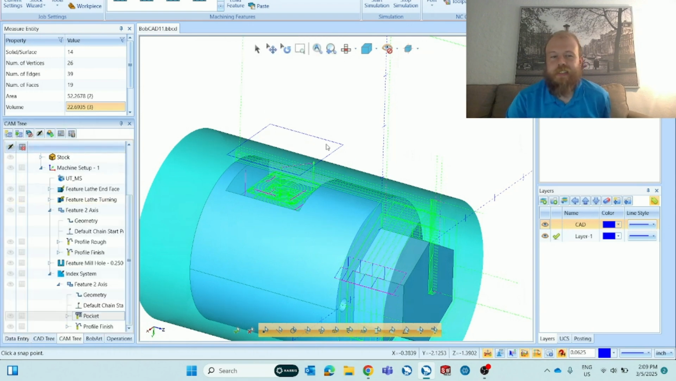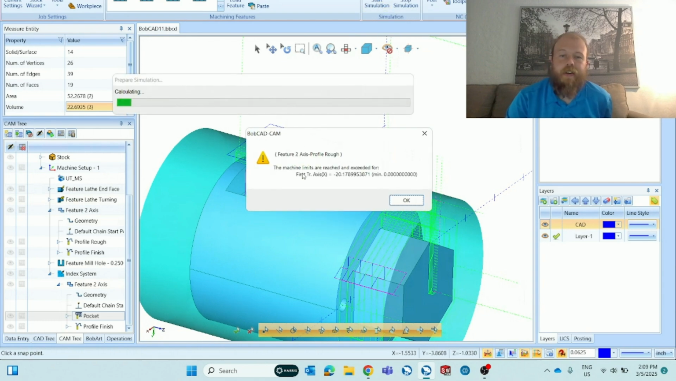And let's try simulation. I don't think the machine is set up for this pocket, but let's try. I'll click on Start Simulation. And it gives me an error. It says that my machine limits are reached in the X-axis for that 2-axis profile rough that I did. I don't have enough machine limit for the